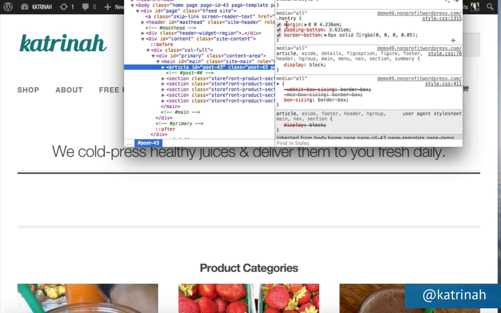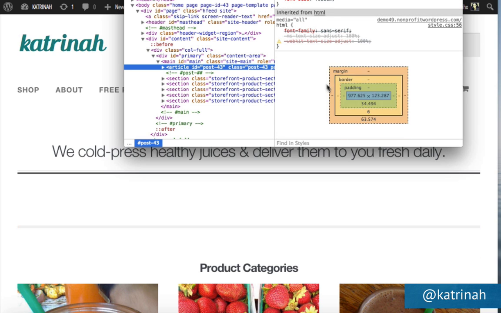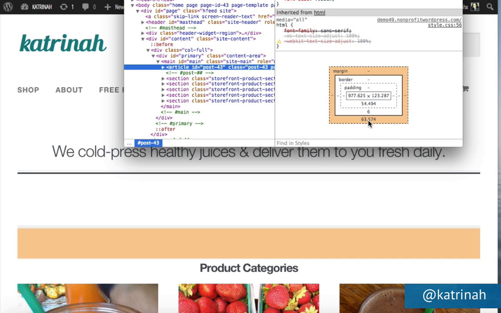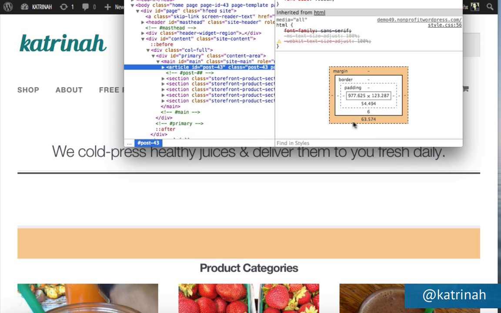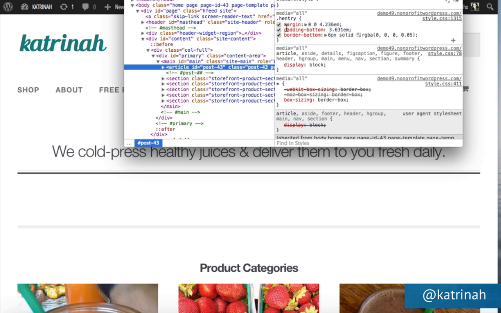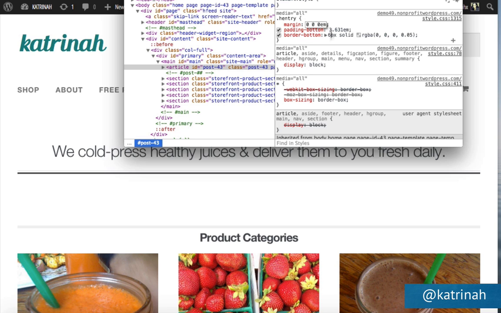This is .h entry, and notice that when I scroll to the bottom here, it says the margin bottom is 63 pixels and the padding is 54 pixels. So these are some of the items that we want to adjust. Just going up to the top, here where it says margin, I'm just going to click in here and change it to 0 to reduce that, and we can see right away it moves up a little bit.